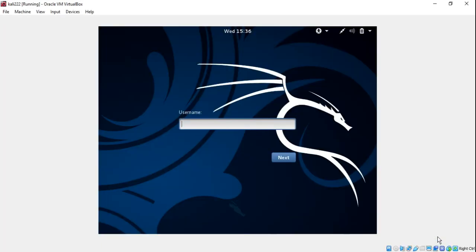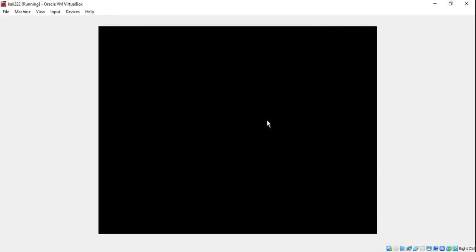So after finishing the installation and a reboot, we have our login screen of our newly installed virtual machine. So the default username for Kali is root and the password is 123 that I have assigned.